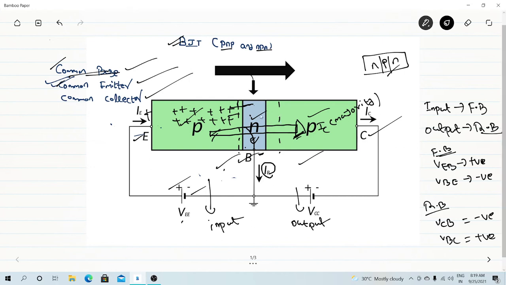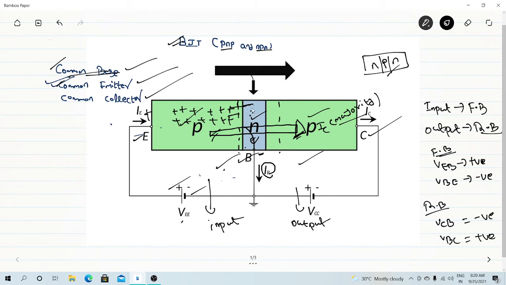So these charge carriers, which are the holes coming from this side to this side, are acting as the minority carrier, because in the n side you will have electrons as the majority, so holes will act as minority carriers. So they can go from this side to this side, and as a result we are getting a current that is IC majority, because from the P side holes are flowing. And this n side also has a minority carrier, that is holes.